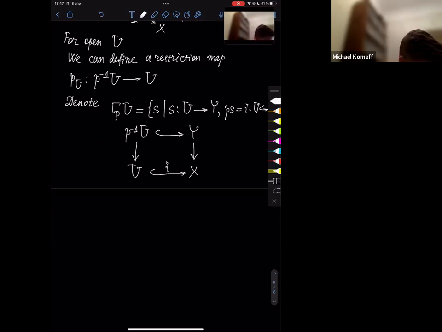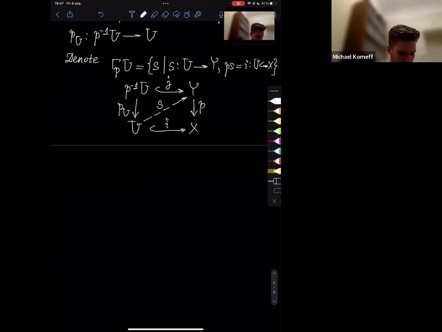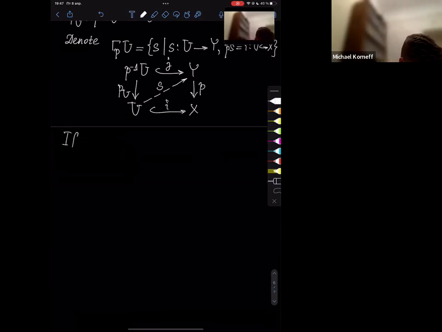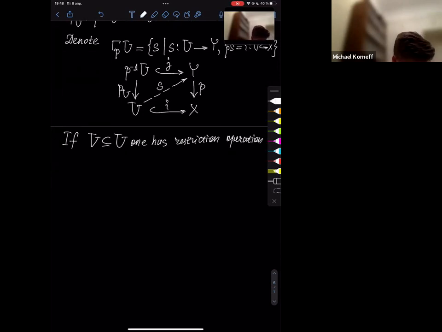Horizontal arrows are just inclusions. And this is a P, U and P, and sections, section S. Okay, and we note that if we have an inclusion V into U, then one has a restriction operation from gamma U to gamma V,